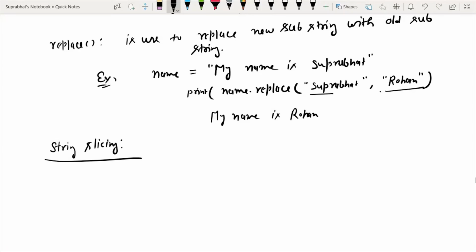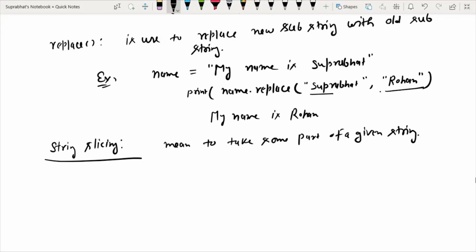String slicing means to take some part of a given string. You have a large string and you want to take its slice, a small part of that particular string.